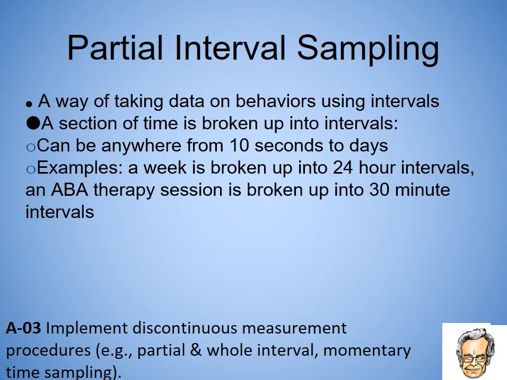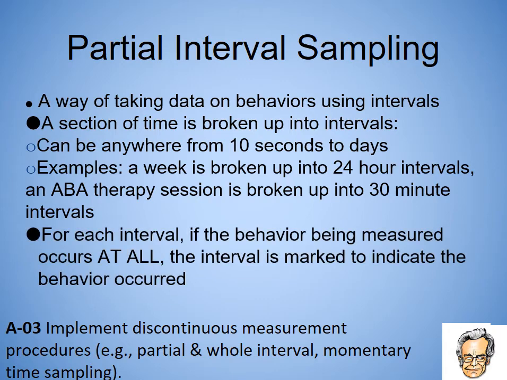So a week is broken up into 24-hour intervals. An ABA therapy session is broken up into 30-minute intervals. Those are two examples that we could use, right? So in partial interval sampling, for whatever the interval is, if the behavior being measured occurs at all, the interval is marked to indicate that